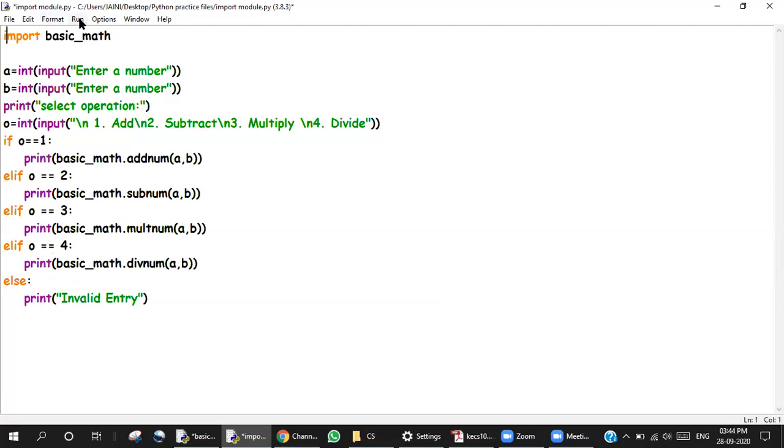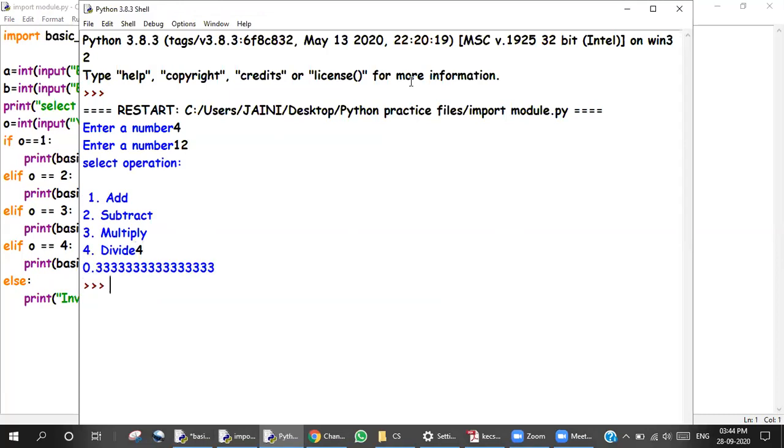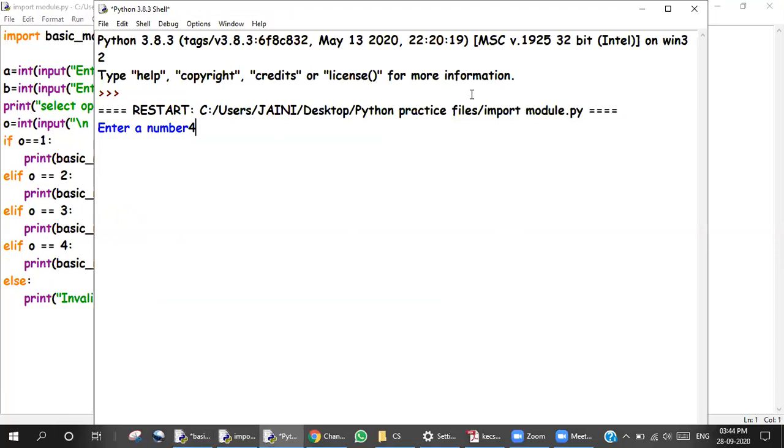All right, let's run this again and check it. Enter a number 4, 12, number 4, 0.333. Let's do it again. So 12 and 4 and divide 3.